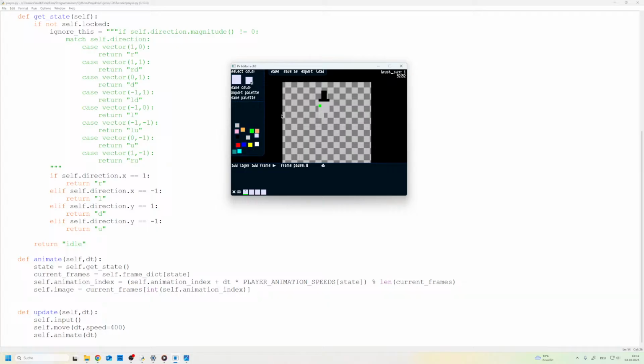And then we can fill this back in. And we have a body, which is going to be like